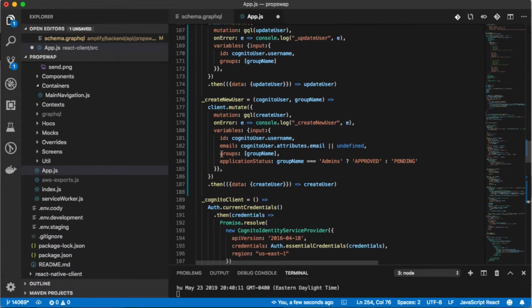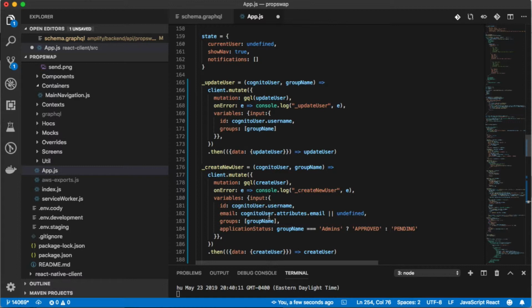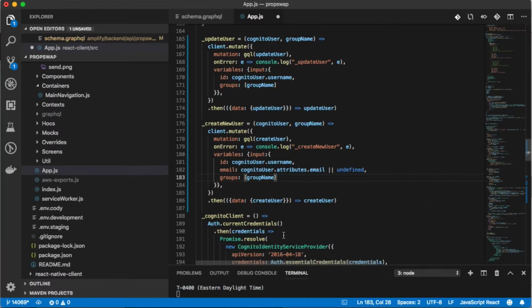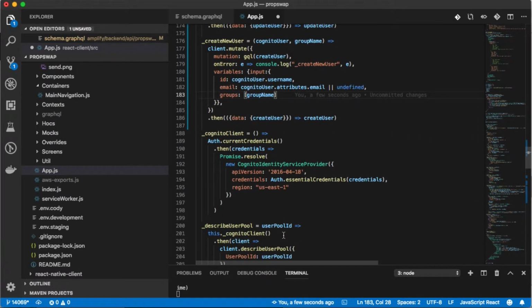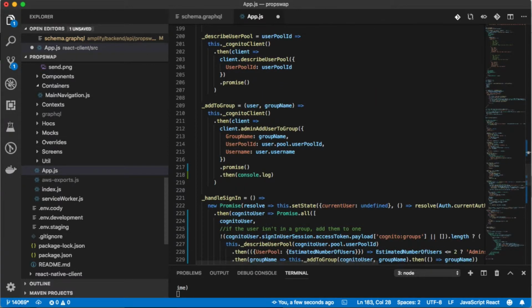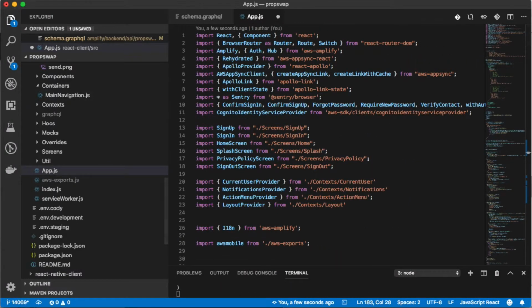This is just boilerplate code, and this is what happens when someone signs in. Takes care of updating a user, creating a new user. Okay, this one doesn't have application status, so we'll get rid of that. The basic simple stuff when someone logs in for the first time. Now I think I need to add a couple more things here. Let me see. Yep, I need to add